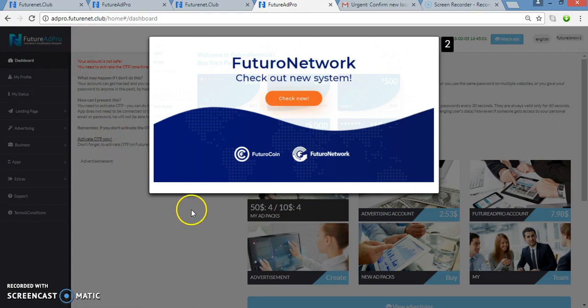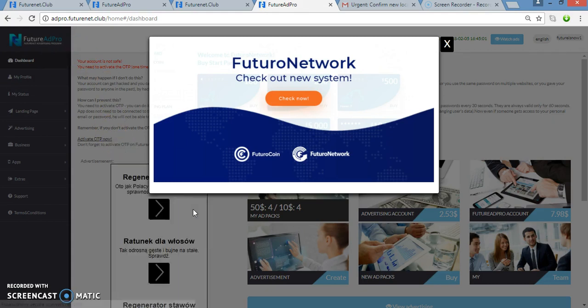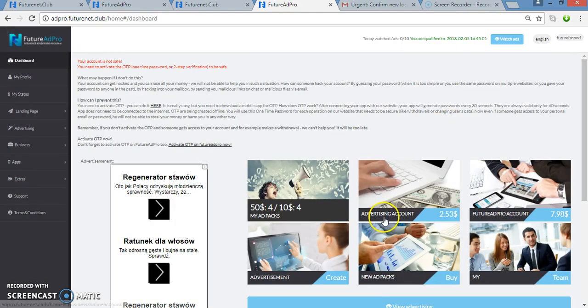That's where now I'll be purchasing the advertising package with $50. So you can see we are right on the dashboard, and these are all the options that you have available. You can see I've got 4 of 50 AdPacks. So what I will do now is I need to buy AdPacks. You can just go to buy new AdPacks and you click there,